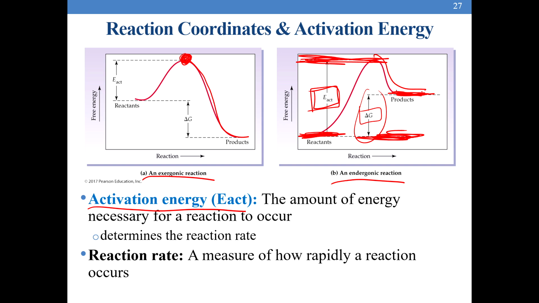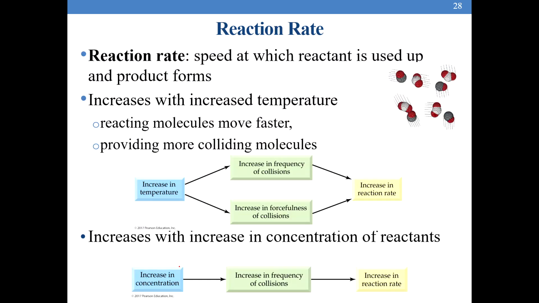Something we're going to get into next is going to be reaction rates, okay? The measure of how quickly the reaction actually occurs. How well can we get over this hill, over the activation energy barrier, okay? So just to define it, reaction rate is the speed at which reactant is used up and product forms, okay? So you're thinking speeds kind of like physics class sometimes. So how fast can we get from reactants to products. Like the formation of graphite from diamond is pretty darn slow,